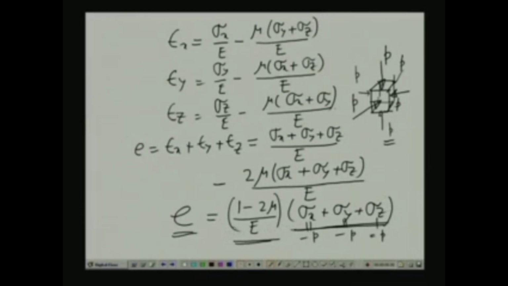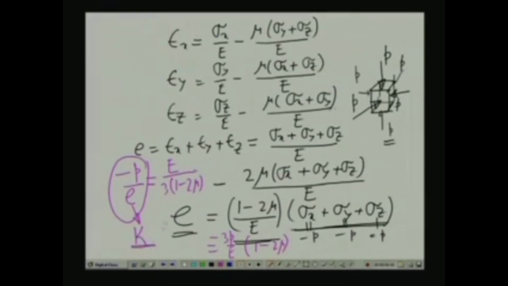So, e is equal to minus 3p by E into (1 minus twice mu), and this quantity, minus p by e, equals E by 3 into (1 minus 2 mu),